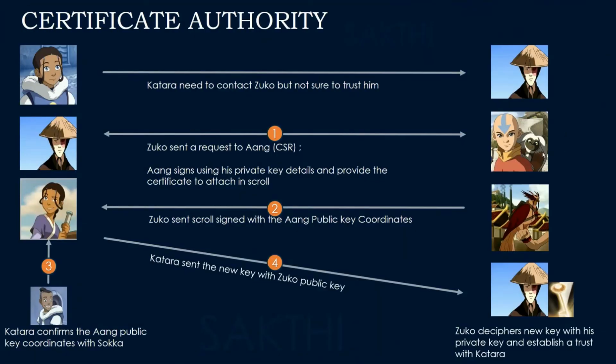In this scenario, Aang acts as the security authority. Before, when Katara and Aang wanted to communicate, they could easily communicate because they have a trust relation. It's like a self-sign. But when Katara and Zuko want to communicate, it is like two different parties. They need an authorized certificate authority to trust and sign those certificates. So here Aang is like a certificate authority who helps to establish a trust relationship between Katara and Zuko.